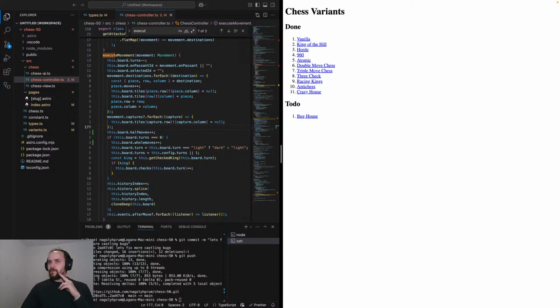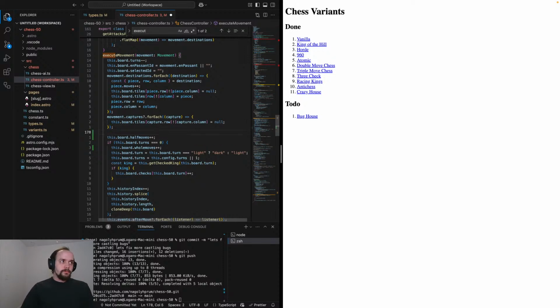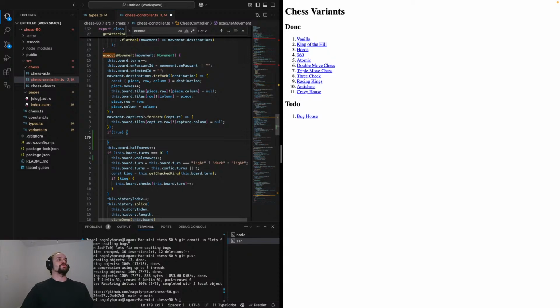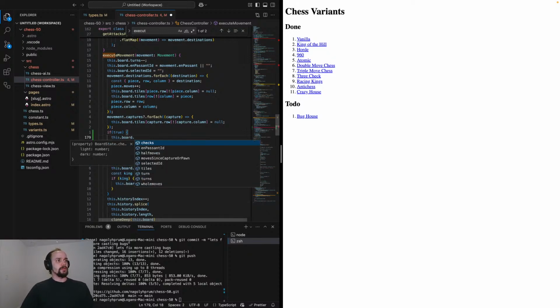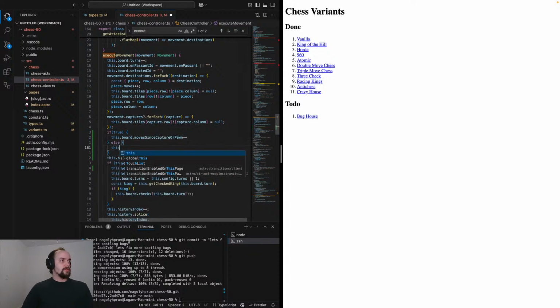Skipping this one. So there's going to be some if condition where we say this.board.moveSinceCapturePawn, else this.board.moveSinceCapture equals 0. We reset it. So